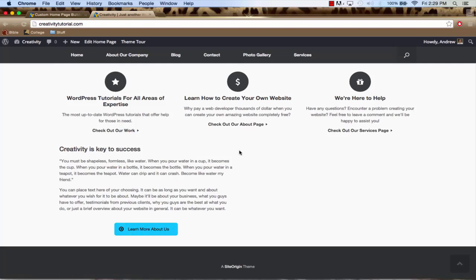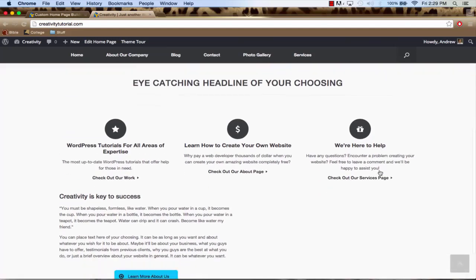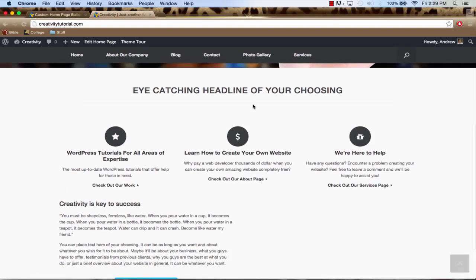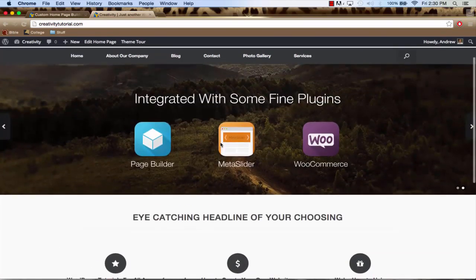So now what we're going to do is we're going to get a video. And another thing that we're going to do is I am going to show you how to get a border. As you can see, this kind of looks cramped. We do have a small border here. So that separates the stuff and it makes it look a lot neater. And I will also be showing you how to get more space in between here. If you feel that this text and this text is too close, I will show you how to get space in between. So let's go back to